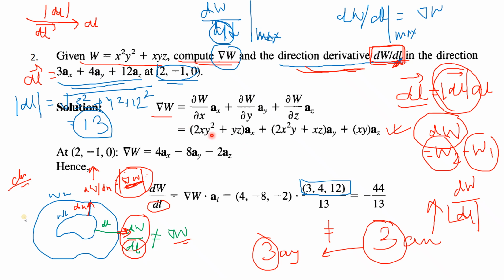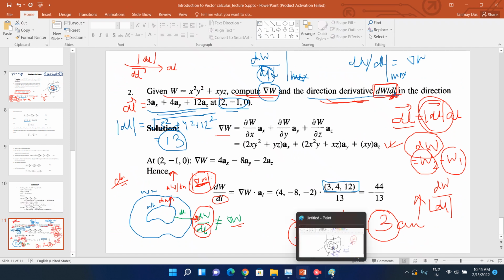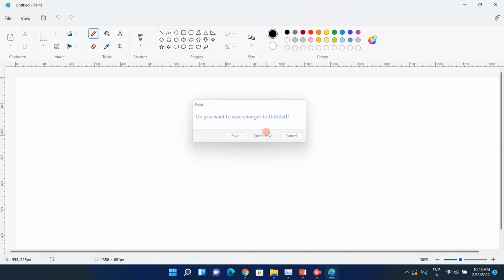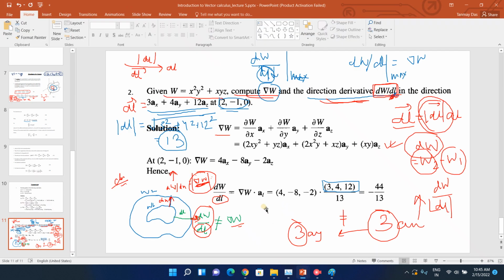अब ये देखो, ये जो है डेल डब्ल्यू, ये कहां से मिला हमको? तो डेल डब्ल्यू ये पता है, इसलिए मैं इस प्रॉब्लम को नेक्स्ट क्लास के लिए रख रहा था कि आर यू हैविंग एनी क्लास नाउ? Yes, sir. Okay, so it is better that you leave because it will take time. That is why I was skipping this portion because I wanted to explain it to you in the next class. Okay, sir. इसलिए मैंने इसको skip करा था अभी के लिए.